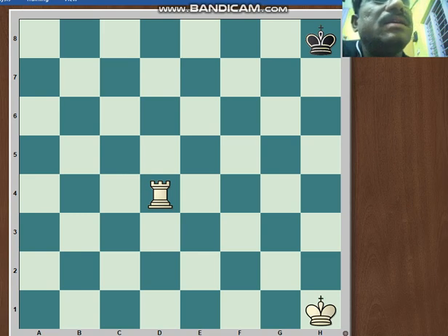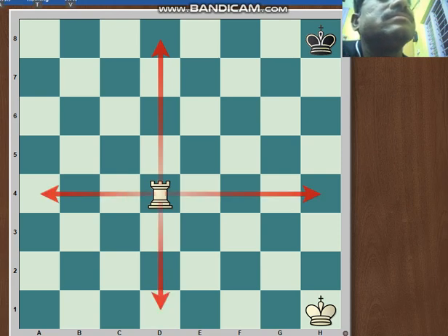Look at this. How can the rook move? It can move any number of squares on its file and rank. This is the direction to move the rook. The rook can move on file and rank. Suppose I give you another one.